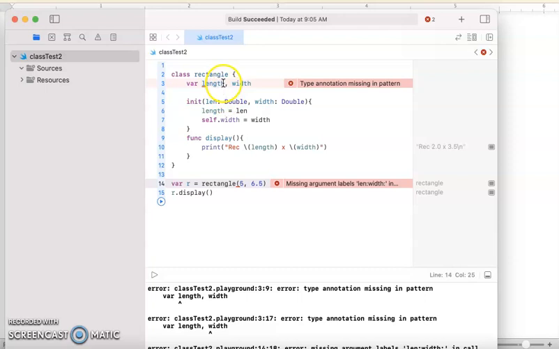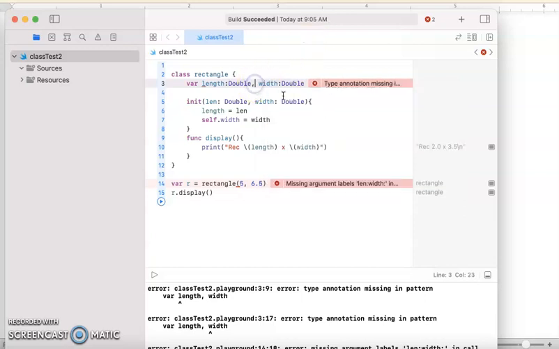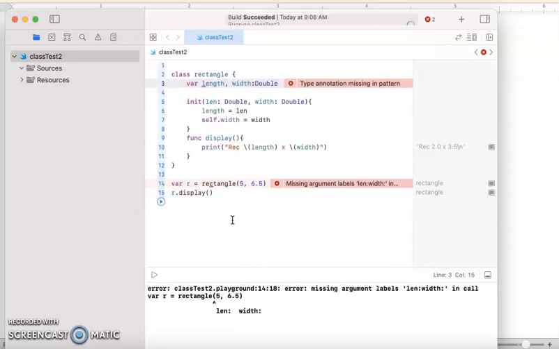So what am I missing? Oh, because I did not provide the initial values, the compiler at this point can't guess what data type these are. So I'm going to say that they're double. Oh, and they're both double, so I'm not sure I need to say it 2 times. We'll just say it once. And if we go ahead and run,